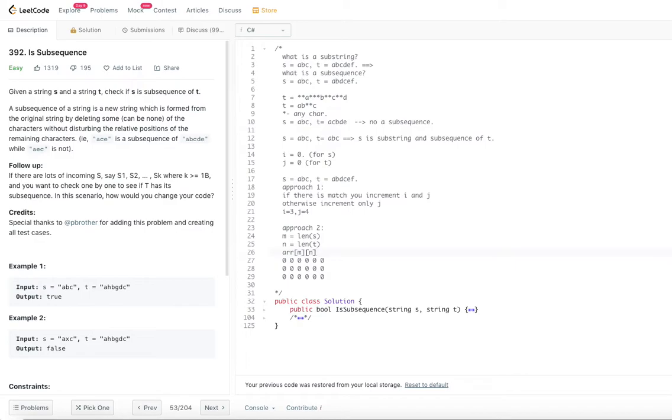Now we have initialized the array with all zeros. What we are trying to find here is a common subsequence. So we will initialize the first row and first column first, and then go for the second row and second column onwards.